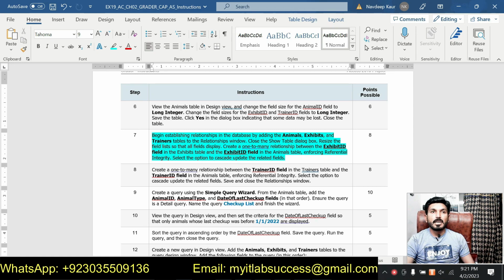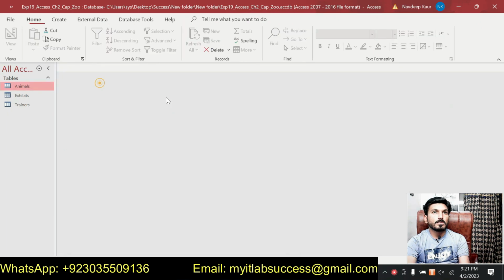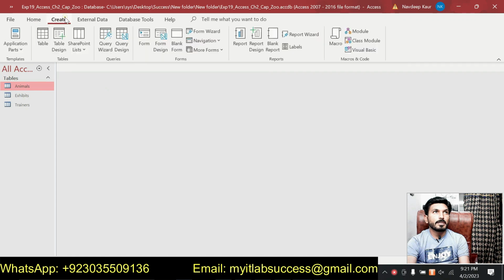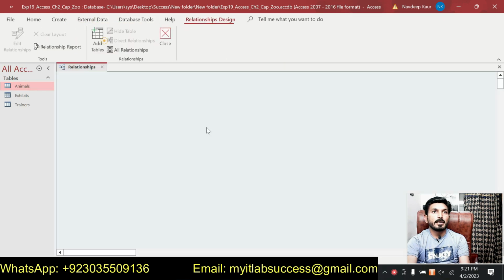For this, we will first add all these 3 tables. Then we will start creating the relationship. So let's go to the sheet. Then let's go to the database. Close this one and go to the create. So now we are supposed to create the relationship. For this, we will go to the database tools and create the relationship. So click on it